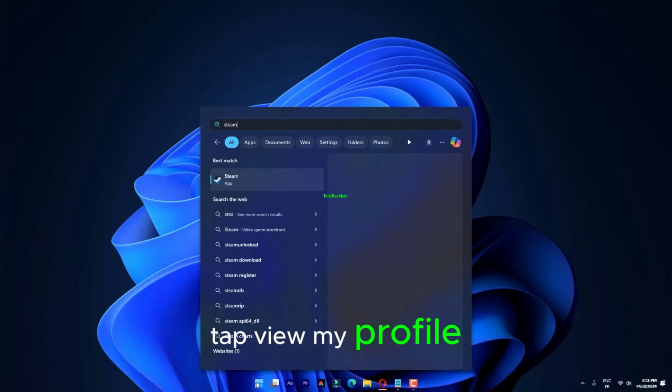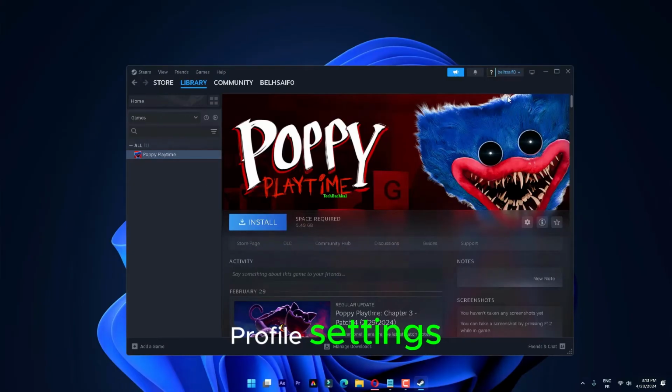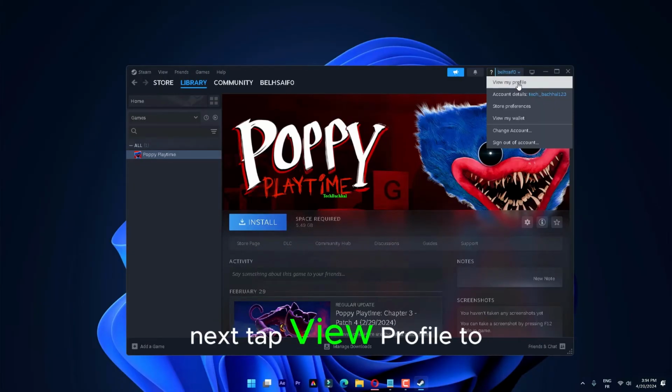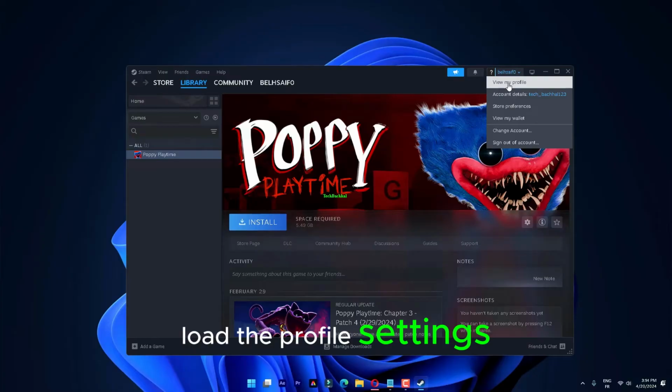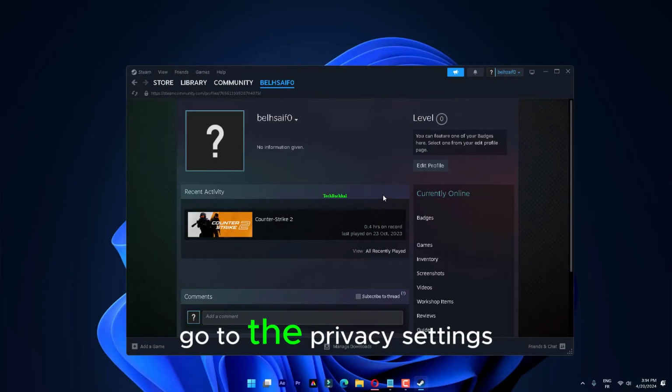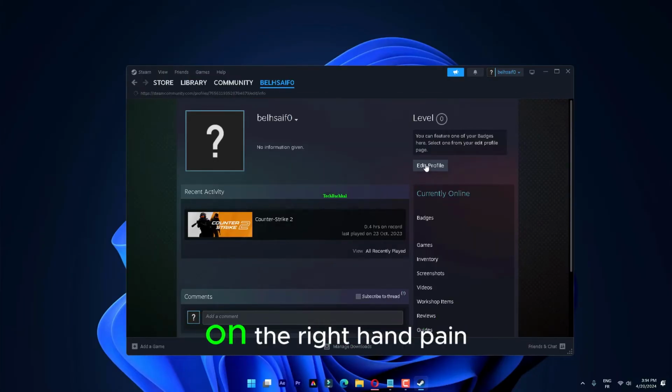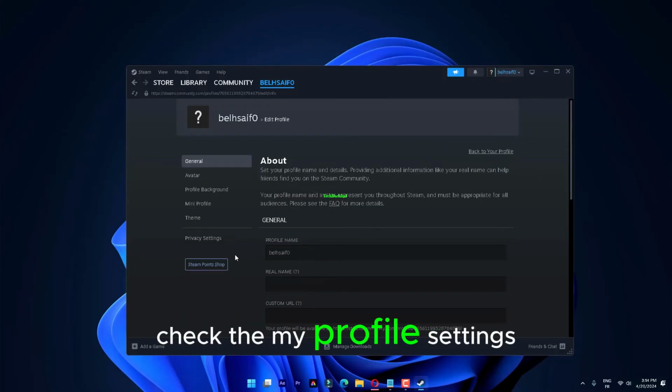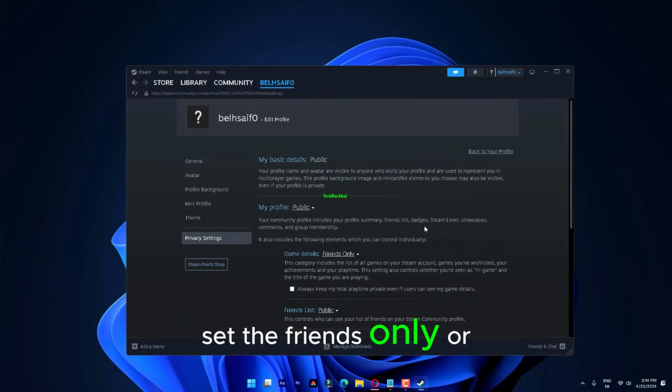Tap View My Profile to open the Steam account profile settings. Next, tap View Profile to load the profile settings. On the left-hand pane, go to the Privacy Settings tab. On the right-hand pane, check the My Profile settings. Set the Friends Only or Public mode. After